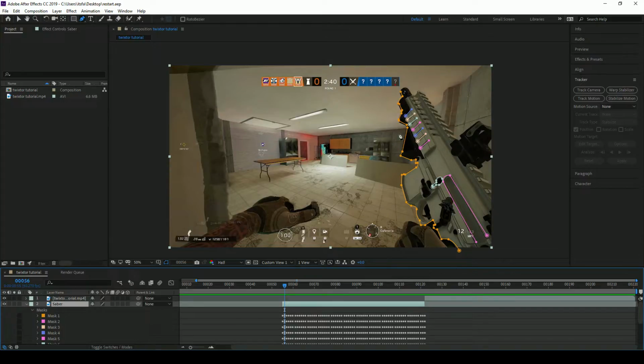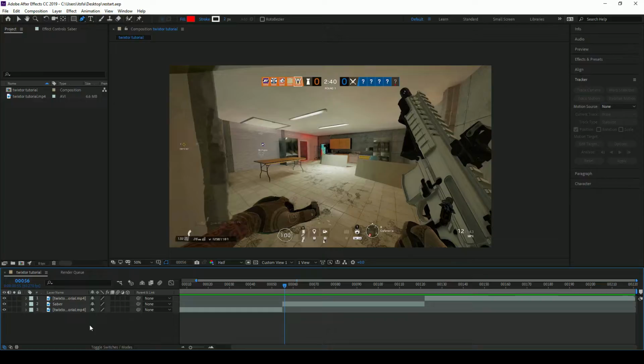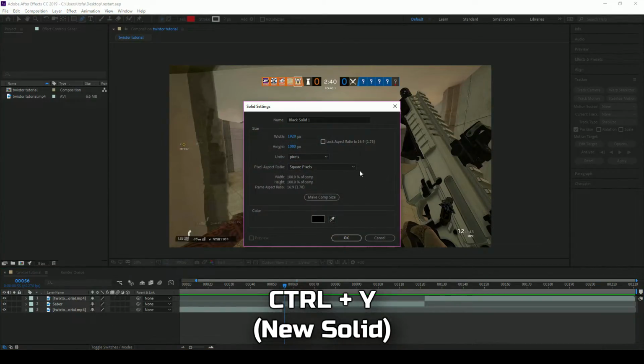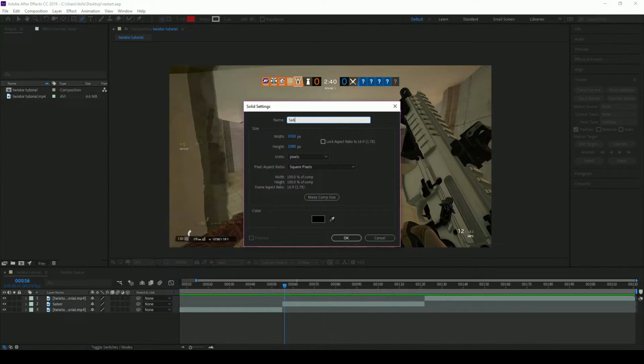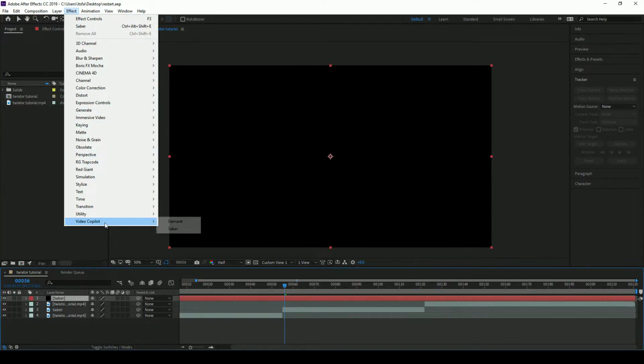So once you've got that done, you're gonna come over here, press on the panel, and then Control and Y, and this will make you a black solid. You can rename this to Saber. This is the layer we're gonna use to apply the effect on. It doesn't make sense. You're gonna be like, oh, I thought we were gonna put it on the gun. We will, but you just have to have the effect on another layer so it doesn't interfere